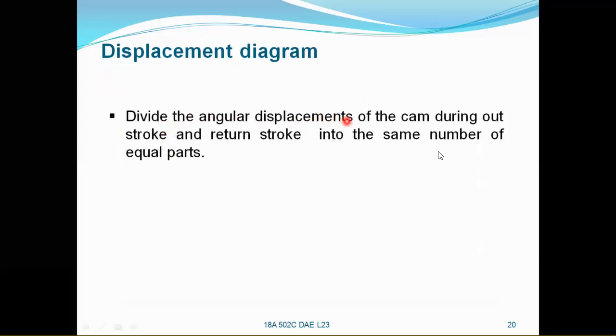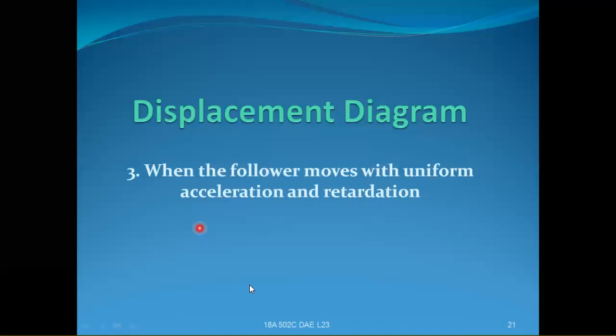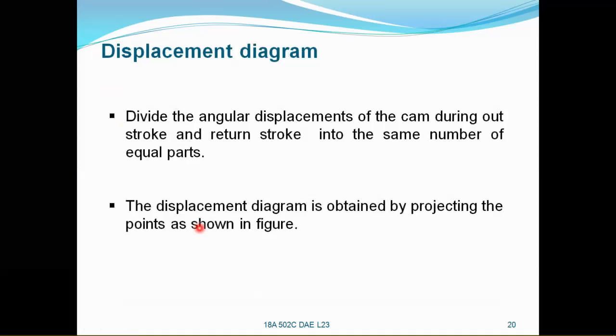So divide the angular displacements of the cam during outstroke and return stroke into the same number of equal parts, and the displacement diagram is obtained by projecting the points as shown in the figure, right? So as I explained, we have to join all the points, and you will finally get the displacement diagram for simple harmonic motion, right? So next,